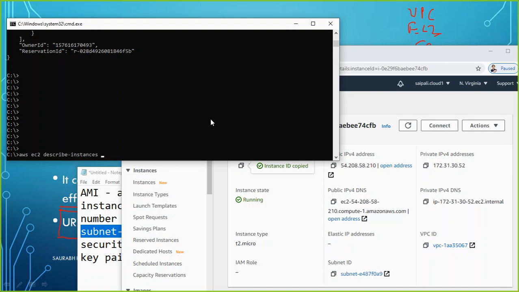And let us just filter also. So maybe I use a filter here. Maybe there are many instances, so I want to filter the output with the name, or if you want to create something, you can mention some detail about it, like name. Then you can define the query, then you can define the instance ID. So let me just hit enter. What does it show?